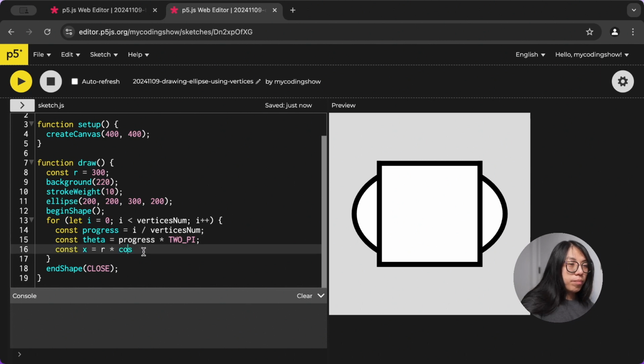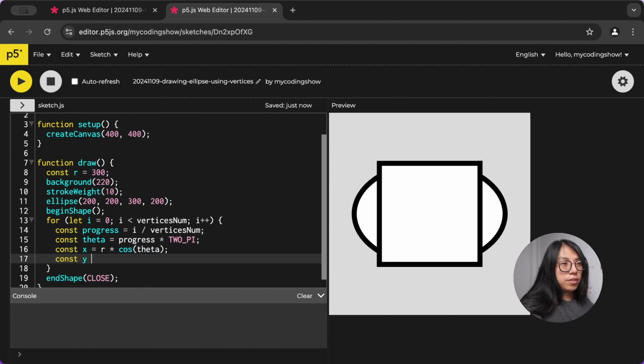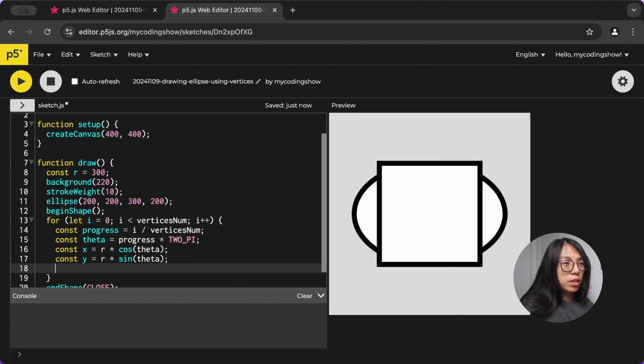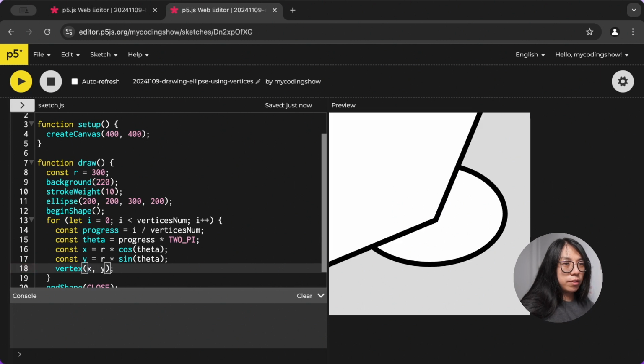So now we have theta, so cosine theta, and then y equals r times sine theta. And finally, we can use this x and y. So what happened here is, because I'm using the top right now, I did all this equation,